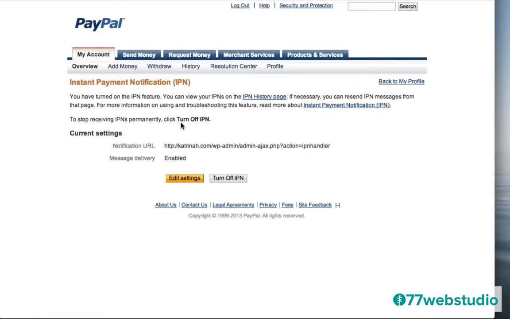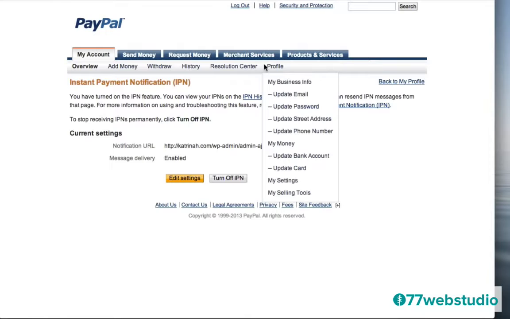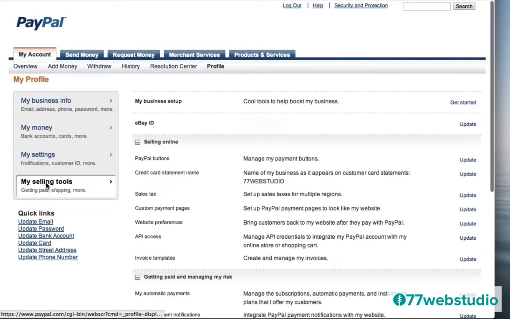The next step is we need to set up the Enhanced Recurring Payments module for PayPal Express. So to do that, this is a really important thing too. This is what will enable us to collect recurring payments with PayPal Express. So to do that, I'm going to click on Profile right here. And then once again, where it says My Selling Tools, here on the My Selling Tools screen, I'm going to